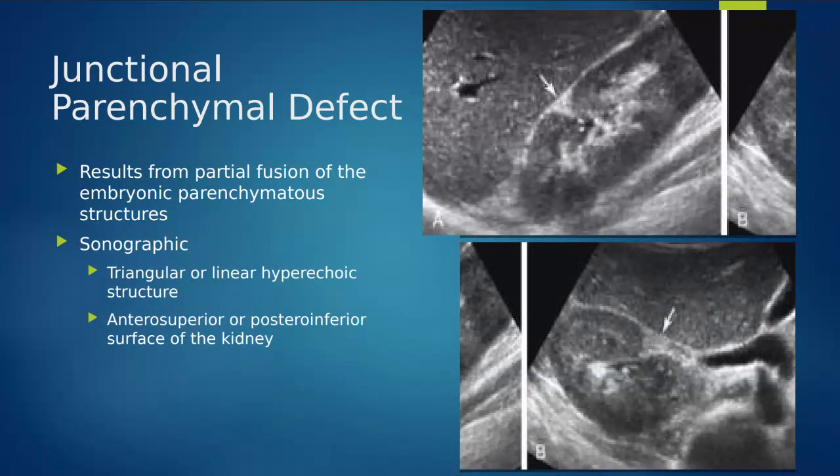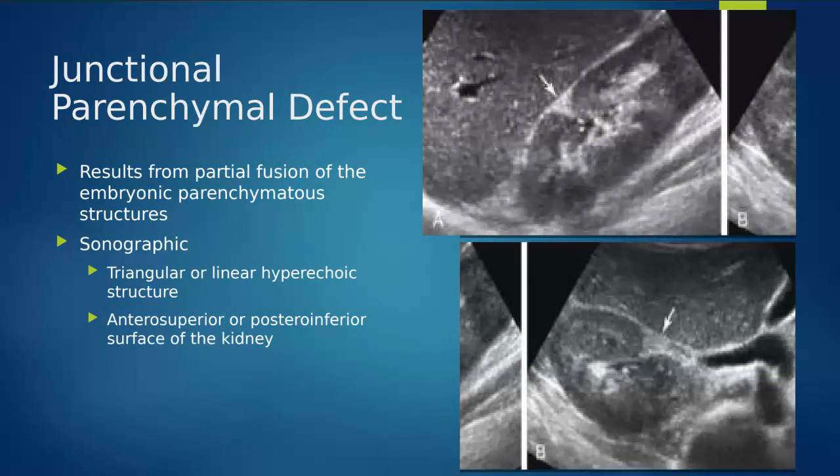So we don't want to just blow by the kidney just because we're seeing it well. We really want to take time to interpret how all of that tissue looks. We're looking at the sinus, we're looking at the cortex, we're looking at the borders, we're looking at the hilum, right? So there are a lot of things that we need to evaluate on the kidneys in order to say